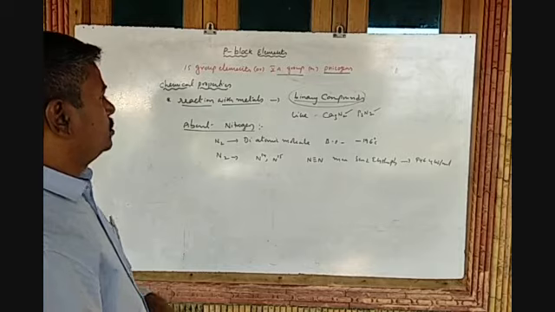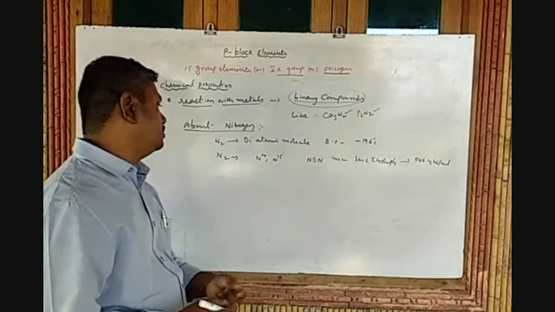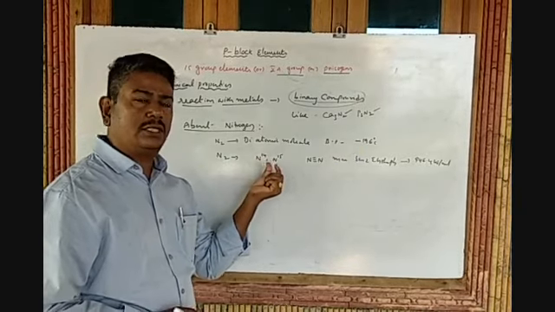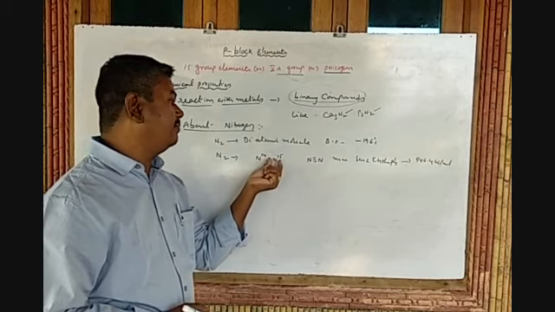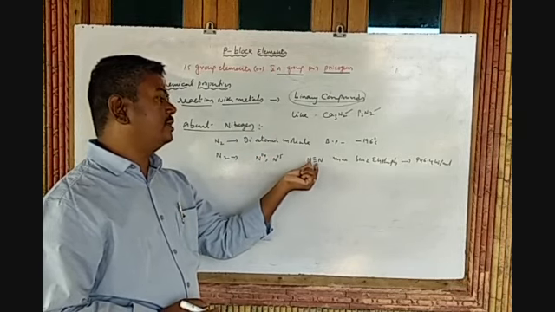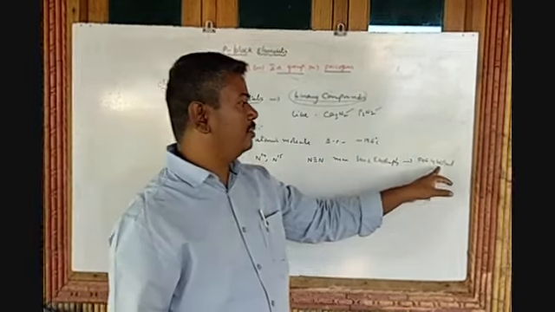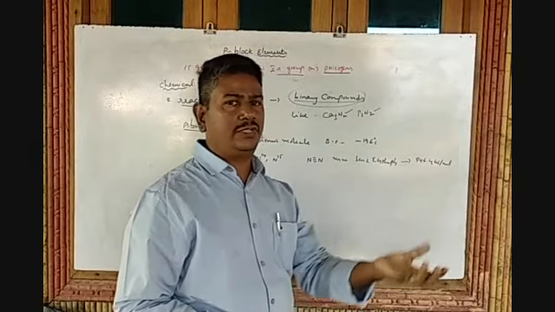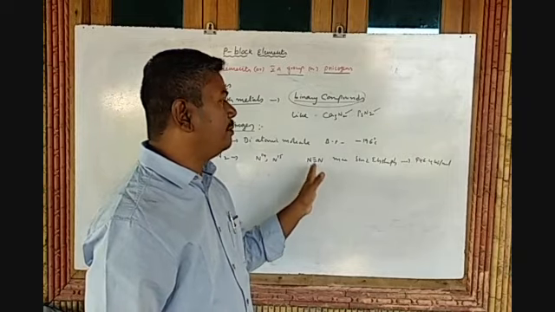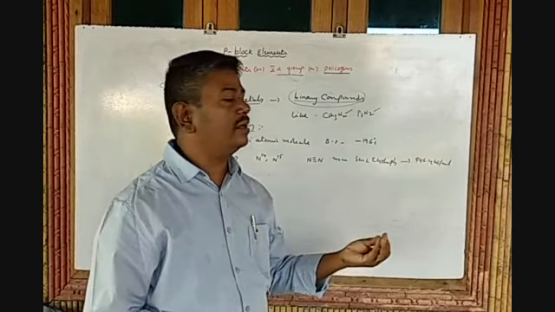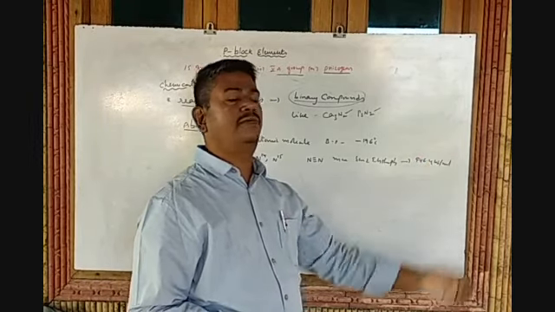Clear? So nitrogen is a diatomic molecule with a boiling point of minus 196, and it has two kinds of isotopes, N14 and N15. The triple bond has high bond enthalpy, near about 946.4 kilojoule per mole. That means if you want to improve the reactive nature of nitrogen, then you dissociate the triple bond. For dissociating the triple bond, we require 946.4 kilojoule per mole of energy.